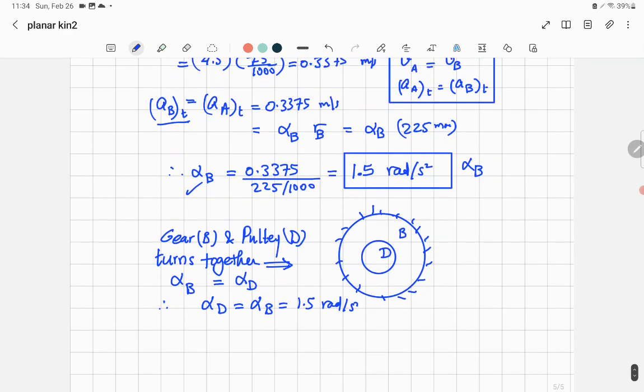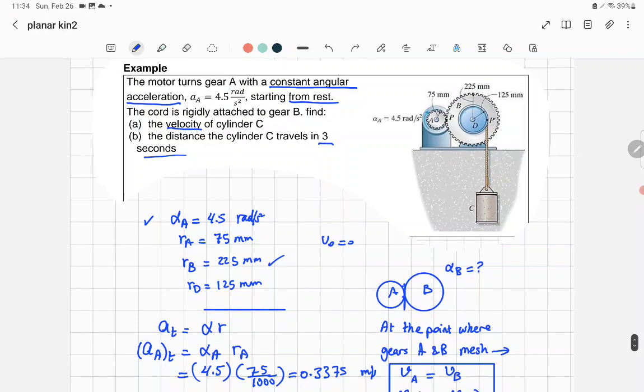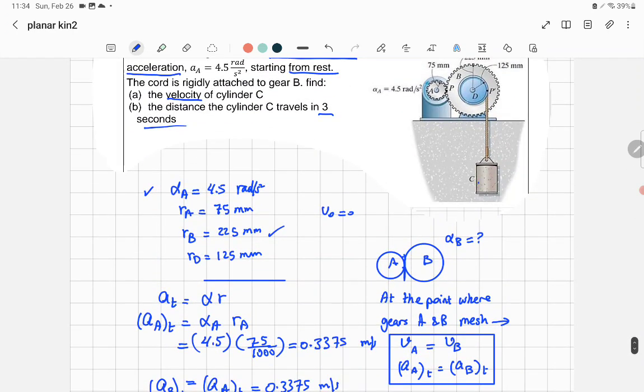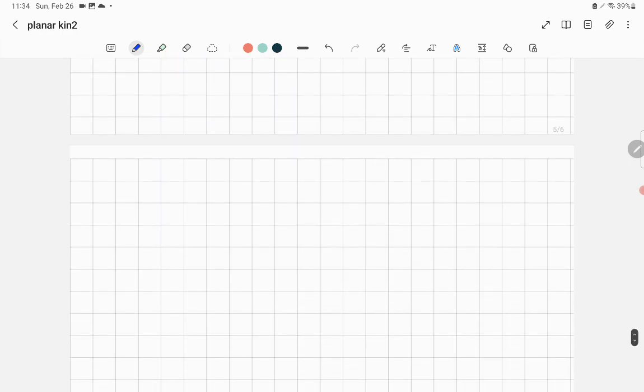Well, now I'm going to the cylinder C, because the cylinder C, as you see, is just connected to the pulley. That's why I was focusing on the pulley. Now I want to find the velocity and the tangential acceleration of the cylinder. We have to mention an assumption about the connection between the cylinder C and the pulley with this cord. The right solution should say the following, assuming, because what we are doing now doesn't apply for every single condition, assuming the cord